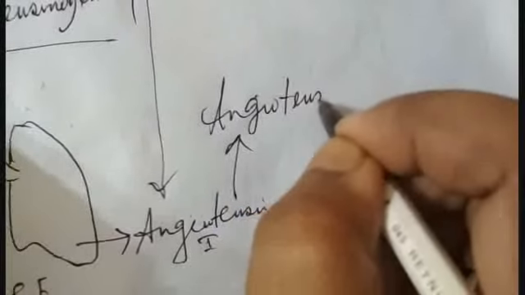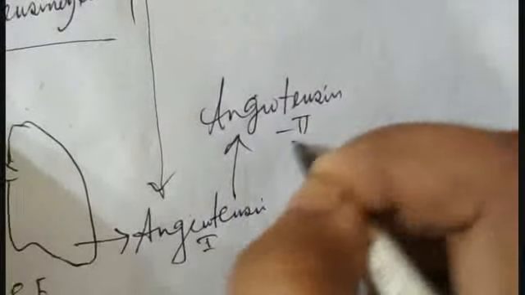When renin comes in contact with angiotensinogen, it will convert it to angiotensin 1, and then to angiotensin 2, which acts over